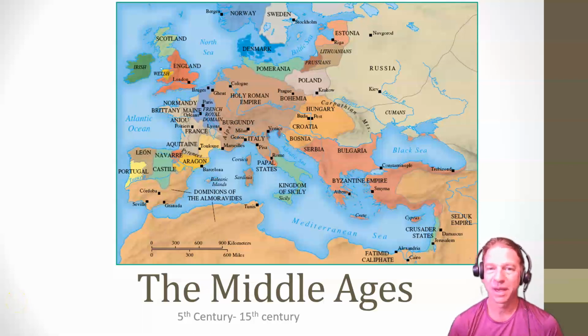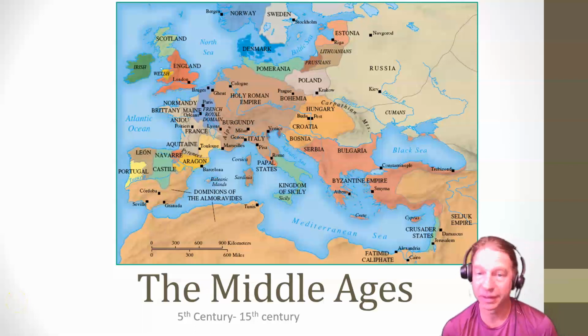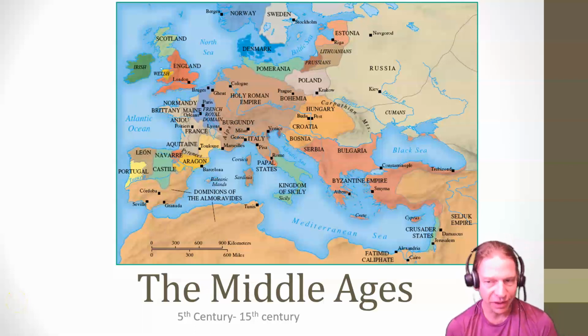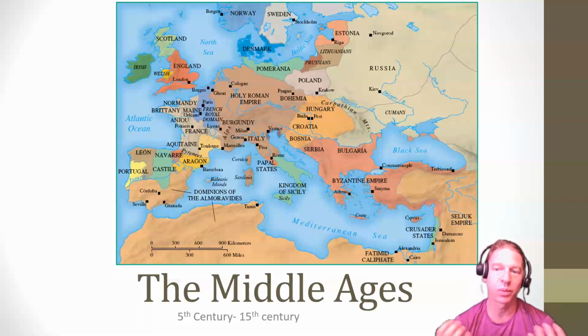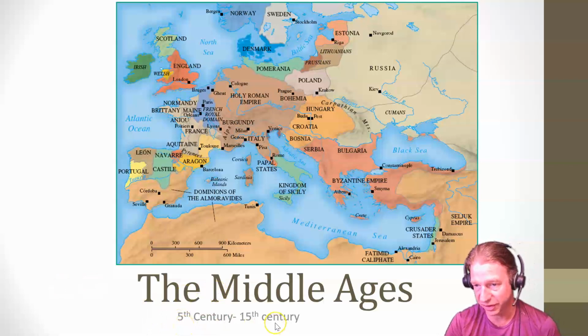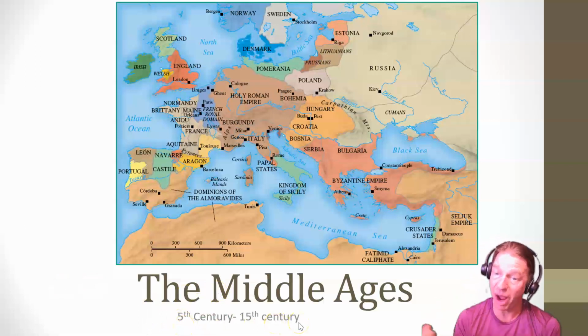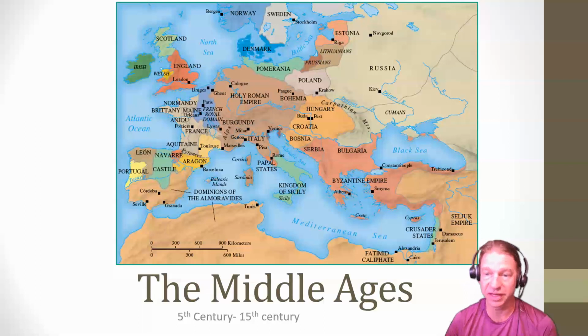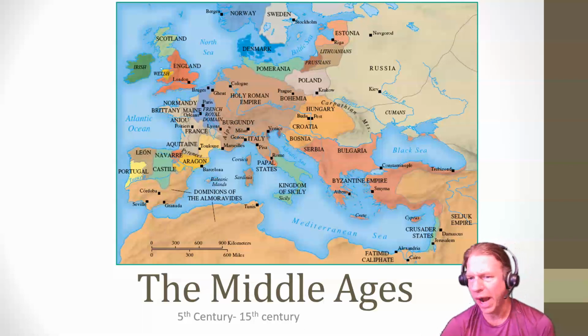Hello, everyone. In this lesson, we're going to examine the European Middle Ages. And particularly, we're going to think about how the Middle Ages helped to chart the path to the emergence of the modern Western world. Now, one can see the Middle Ages is a very long period of time. Typically, the Middle Ages is dated from the 5th century to the 15th century. And the emergence of the modern world is usually associated with the 15th century to present, at least in the Western sense. Why those dates?